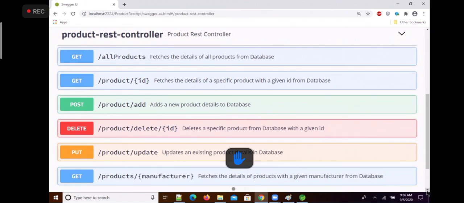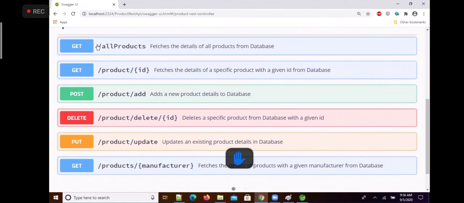Now one endpoint is what? All products. Now this all products is to fetch the details of all products from database. Now this is a product slash ID. This is fetching the details of a specific product with a given ID from database.